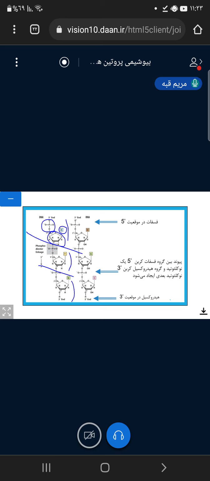نوکلئوتیدها توسط پیوند فسفودی‌استری به هم متصل میشن. Nucleotides are attached together by phosphodiester linkage. نوکلئوتیدها توسط پیوند فسفودی استری وصل میشن. کجا به هم وصل میشه؟